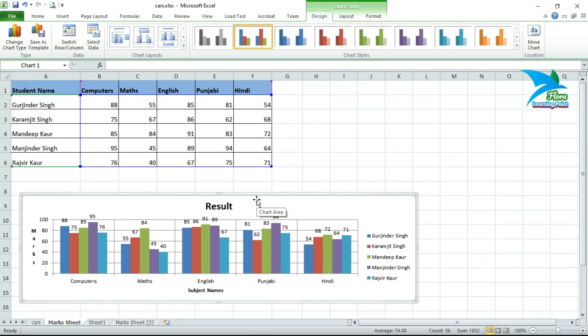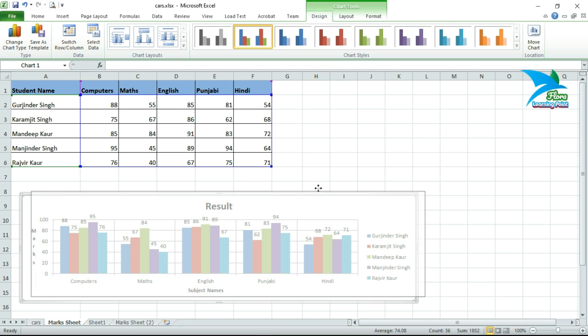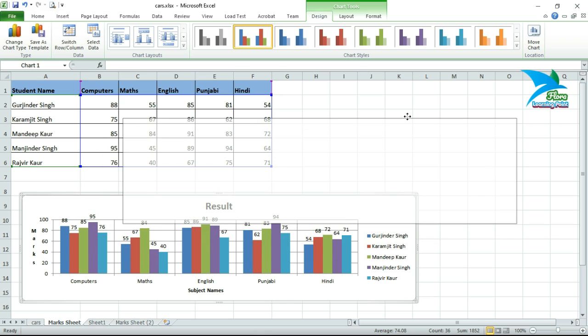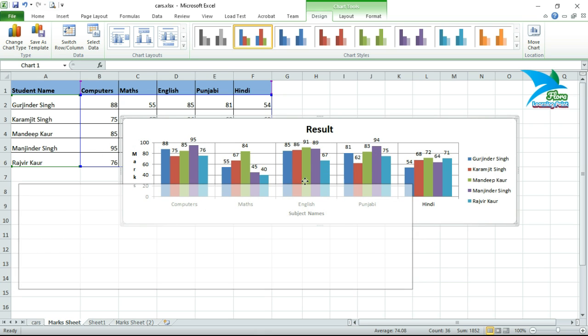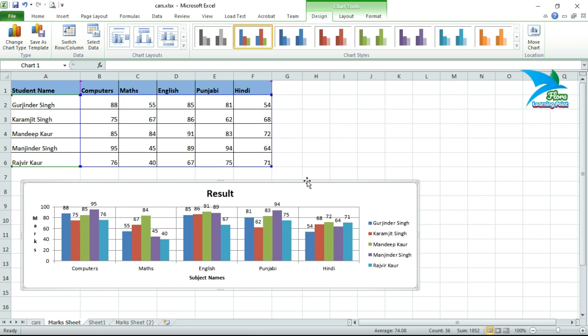So in this way, if you want to move or relocate this chart on this worksheet, then you have to move your pointer anywhere on the border around this area, and then click and hold the mouse button and drag it anywhere else. So that's the way how we can move or resize a chart.